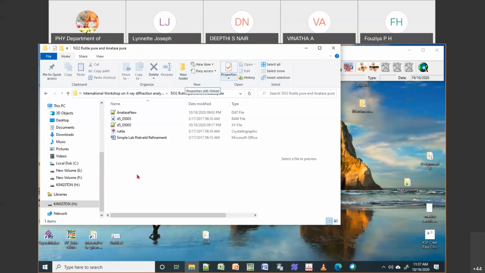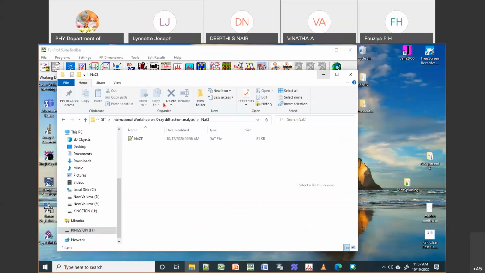Just open your data, and then do the background selection. First, I will do the background selection. In this case, I will do the background selection automatically, and if I want to remove or add, I use this button. So we will see how it goes. I think it's fine, because I'm just trying to get basic information.